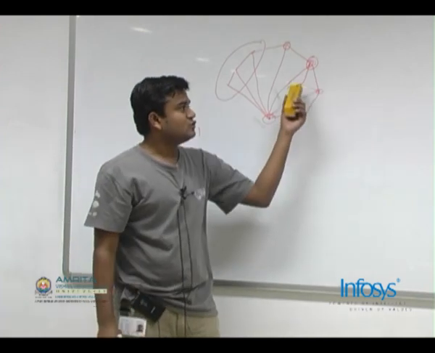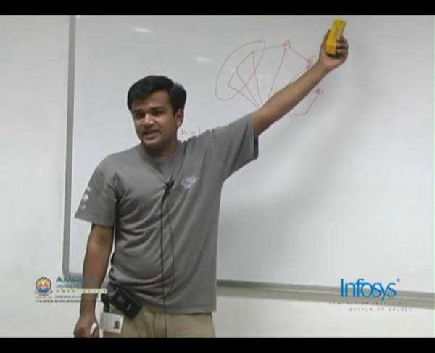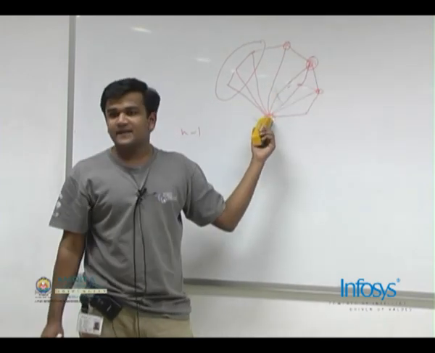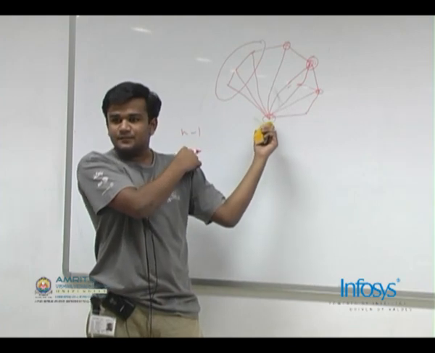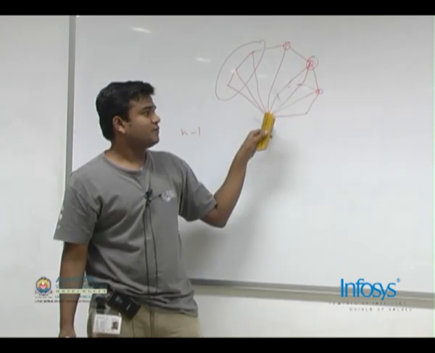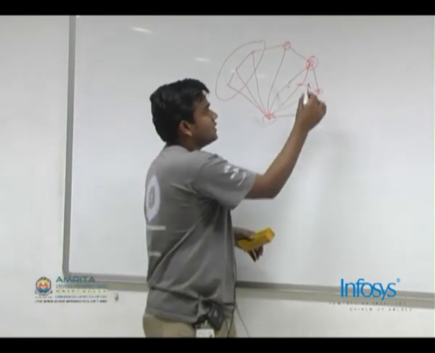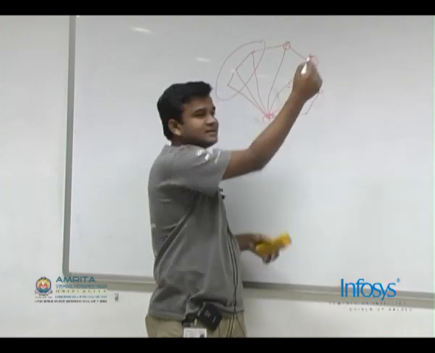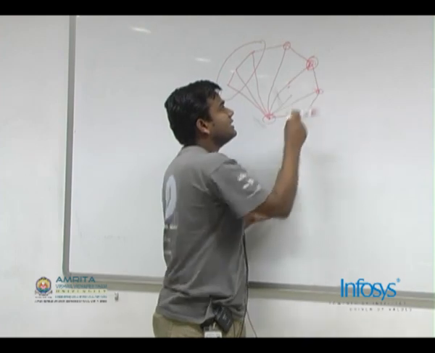When I connected these two, I again saw that this point is still on the other side rather than the origin. Origin is the first point, right? So this is still convex. To check, I just check whether this point and this point lie on the same side or not, right? Now if this is still on the other side, I will delete one more edge and connect this with this instead.